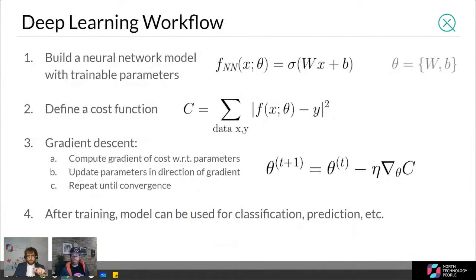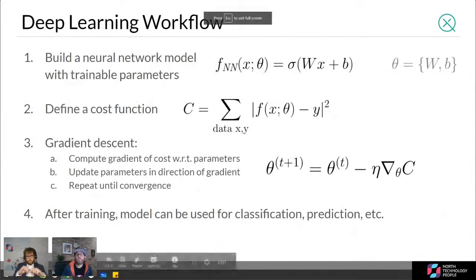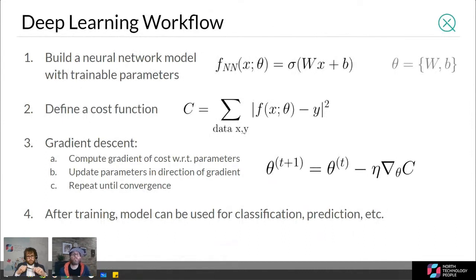So just as a primer for everybody, the deep learning workflow follows these standard steps. First you would define your neural network, which is just a mathematical model or a function, really, with some free parameters. Next, you would specify a cost function that's going to link the performance of your model to some training targets. Then you're going to train your model on those targets using something like gradient descent, where the parameters of your model are going to be updated in the direction of steepest descent in the parameter landscape relative to your cost function. You're trying to minimize that cost, and you're trying to iterate over these parameters such that you can get to the minimum possible cost for your model.